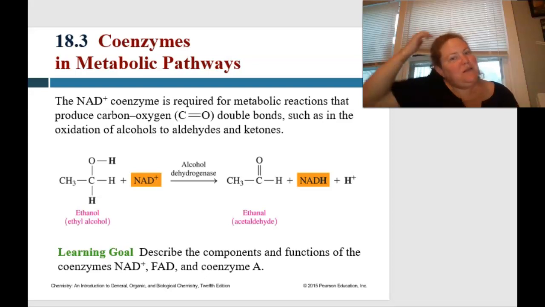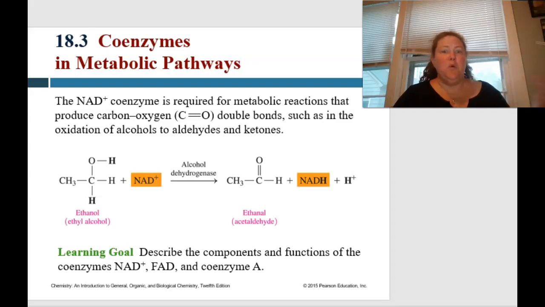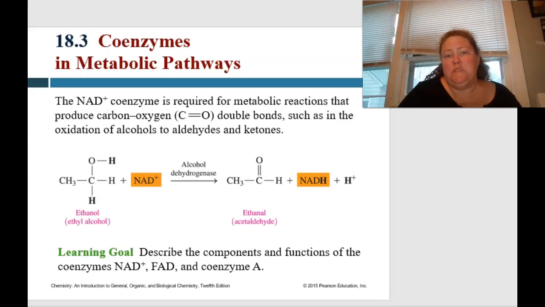Okay, so moving on to coenzymes in metabolic pathways. Coenzyme is just co-worker, somebody that works along with. So they're going to be your helper proteins, or specifically your helper enzymes. The NAD plus coenzyme is required for metabolic reactions that produce carbon-oxygen double bonds, such as the oxidation of alcohols